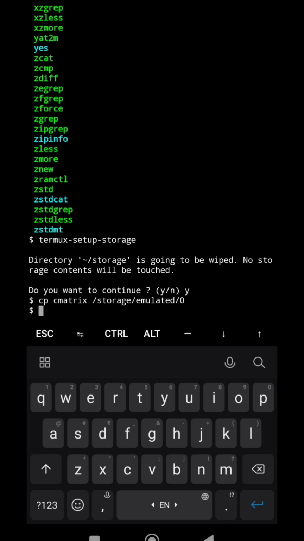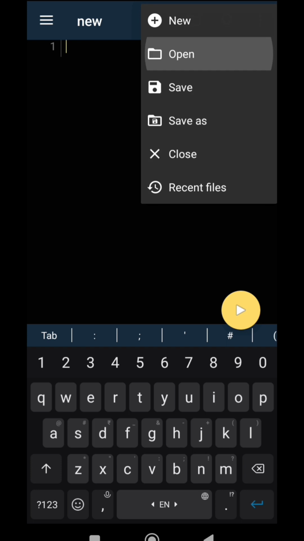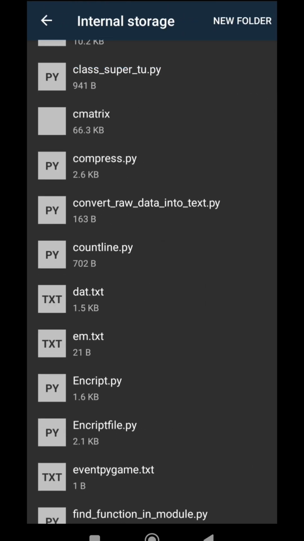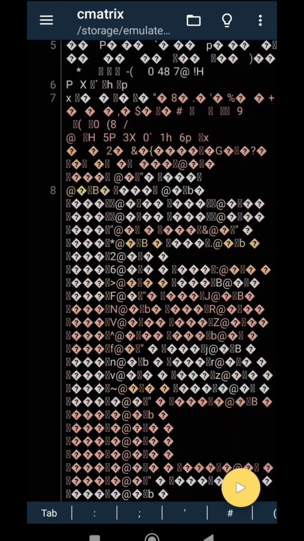Now I have to go to my Pydroid 3. Let me just show you, it has downloaded. So you can see the Cmatrix, it has downloaded. So this is the file. What I have to do is go to my terminal. Then if I ls here, in this particular folder my Cmatrix is stored. So I have to just copy, cp Cmatrix